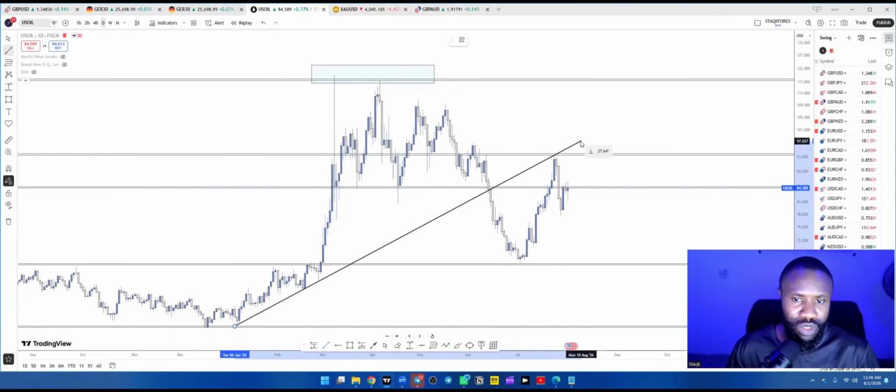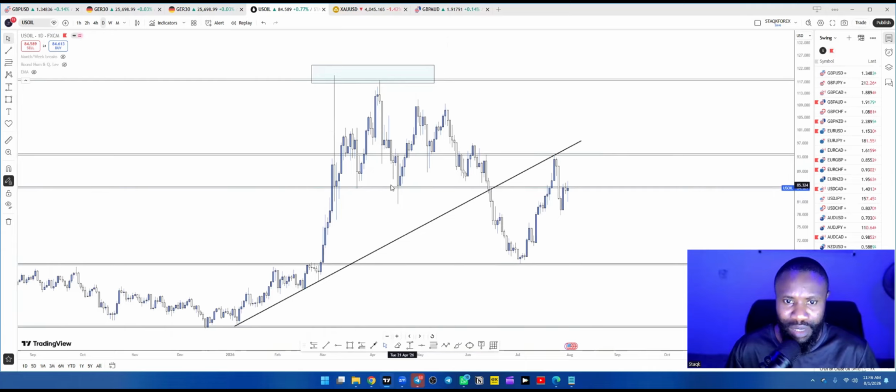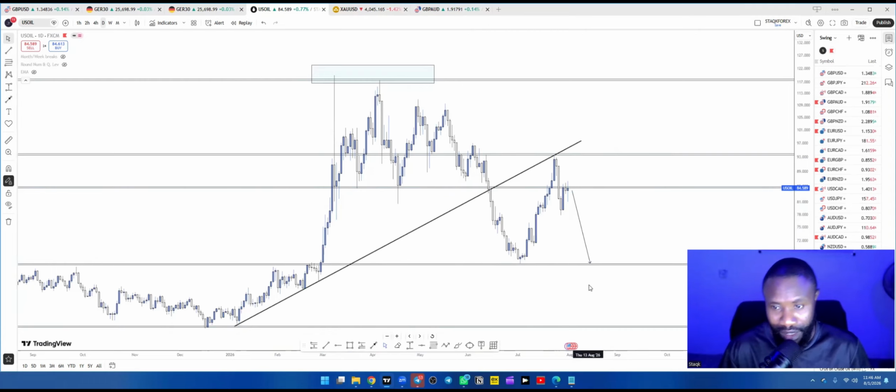You see this trend line, we have first touch, second touch, and a third touch that was supposed to happen here, aligned with this support level, before bouncing from this trend line to buy. But unfortunately price broke below and now it's retesting to continue down. So this is my analysis. This is what I will be expecting on